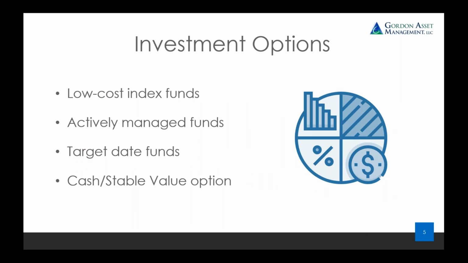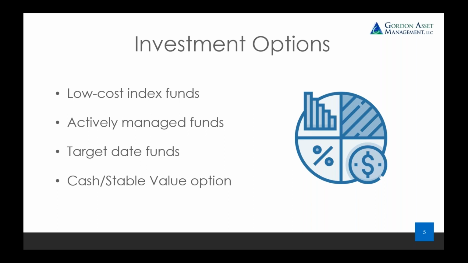Looking at the investment options available in your plan, the menu is designed to accommodate all types of investors. Often referred to as passively managed, index funds are available for most major asset classes and are investments that simply track a stated market index, for example, the S&P 500. These funds tend to be ideal for investors looking for market exposure at a very low cost. Actively managed funds are available as well. While they tend to have a higher expense ratio than index options, these funds have managers who are actively making investment decisions and changes to the fund's holdings.